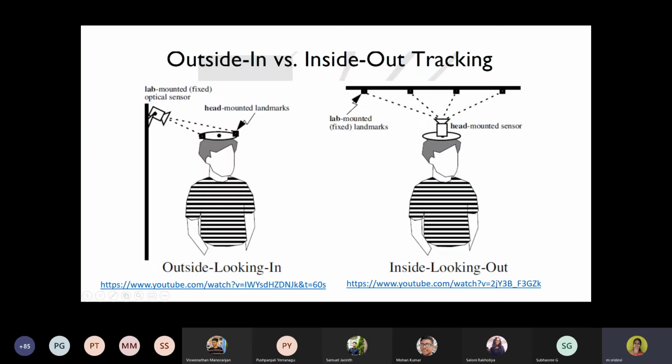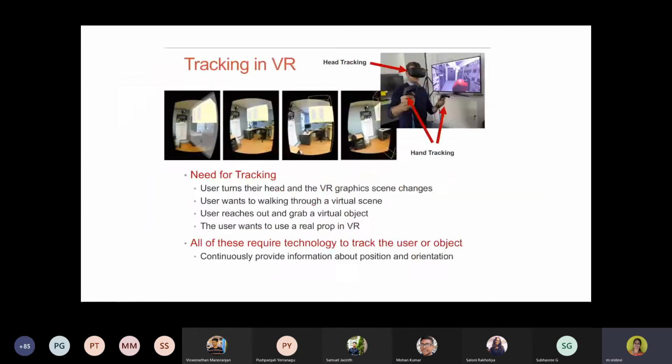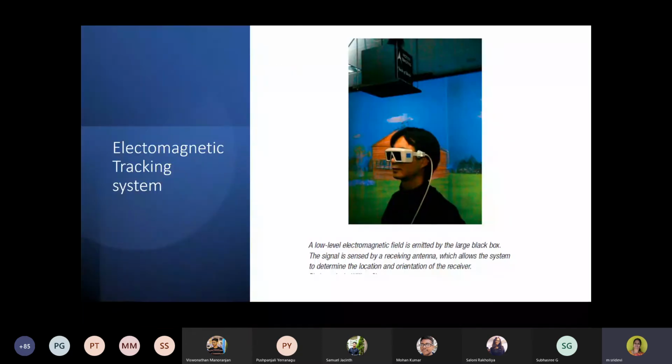So some examples of these devices are given here. The electromagnetic tracking system, the magnetic tracking we discussed as the first case. You can see a person is wearing glasses, and you can see a box. A signal is sensed by the receiving antenna, which allows the system to determine the location and orientation of the receiver.